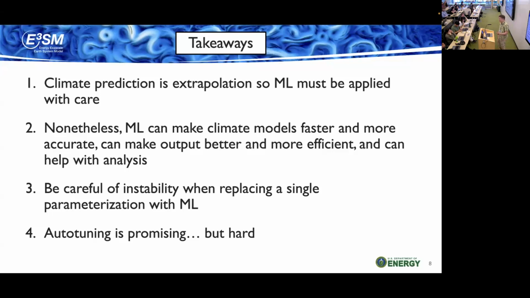No, I think that's exactly the right thing, right? It all comes back to this interpolation versus extrapolation thing. You really need to get way more training data for way more weird conditions just to make sure you're not doing the extrapolation that the model does a terrible job at. So yeah, I think so. I guess I would say in general that if you have a case where you can get training data for any conceivable situation that your model might hit, then you're probably going to have a lot of good luck in replacing that parameterization with your machine learning. But if not, it just seems like conceptually, you're probably going to run into problems.